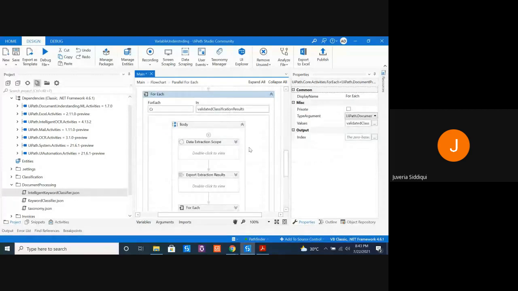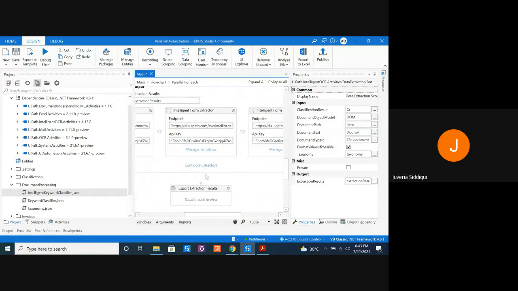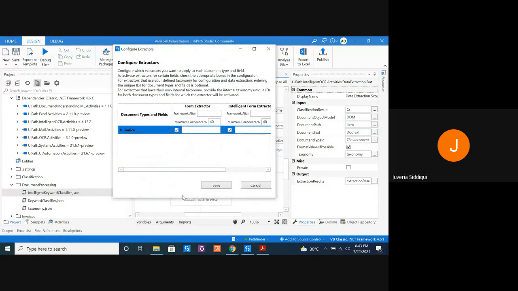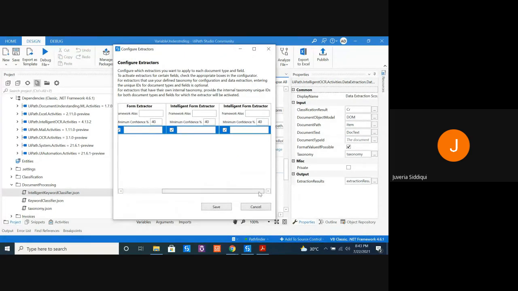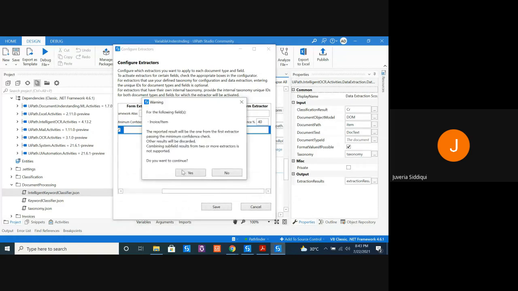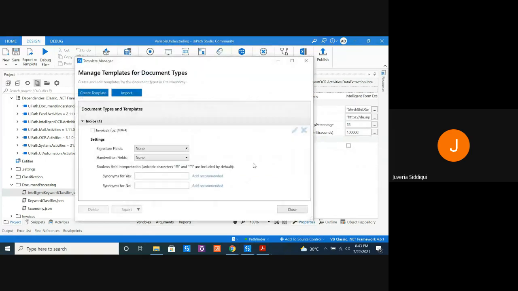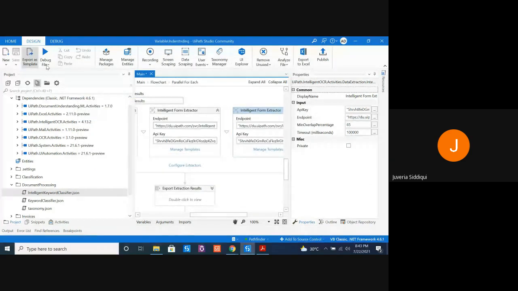And then quickly re-manage our templates from here if I need to change something. Okay. Yep. Let's run this.